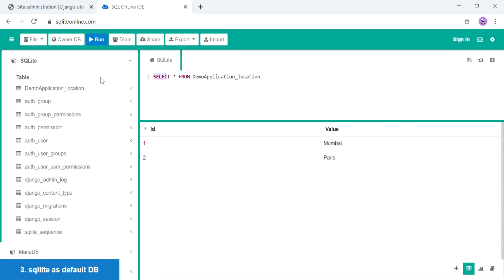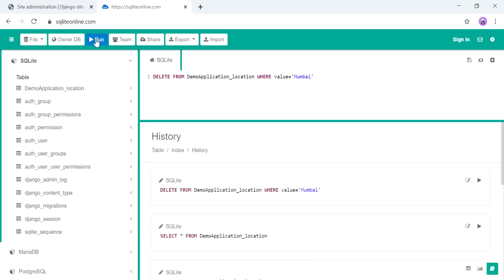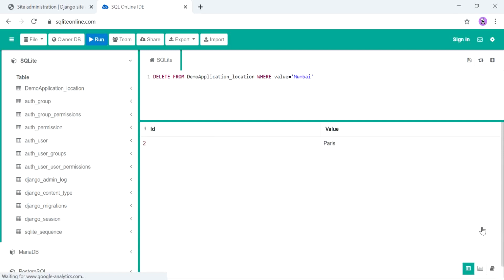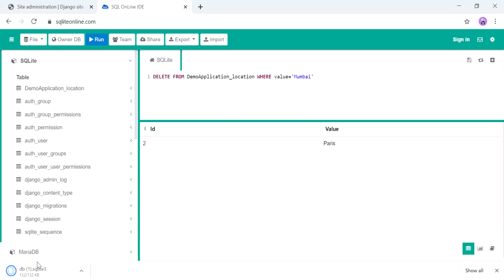Let's query on it. Now we have made changes in our database. This won't reflect in our application. You have to override this file with the existing one.